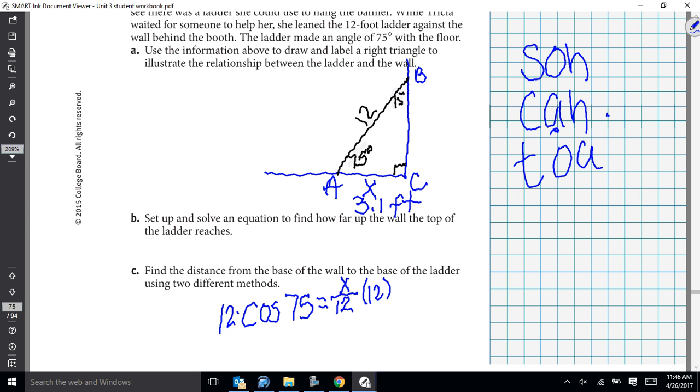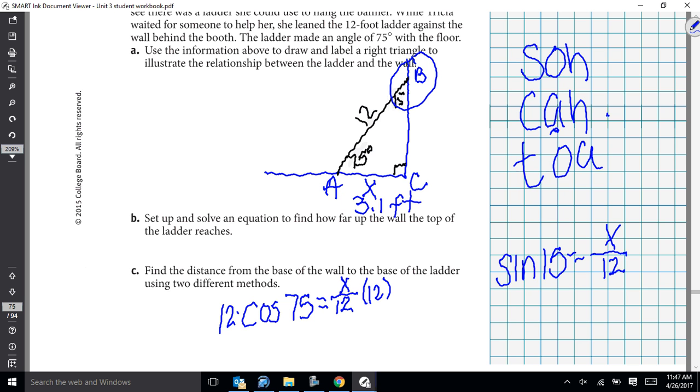All right, let's just confirm that using sine. So if we're using sine to find x, we're not going to use A because that's not opposite from it. So which angle are we going to use? A, B, C. B. So we're going to use sine of B, which is 15 degrees. And sine is opposite over hypotenuse. So what's our opposite side from B? X